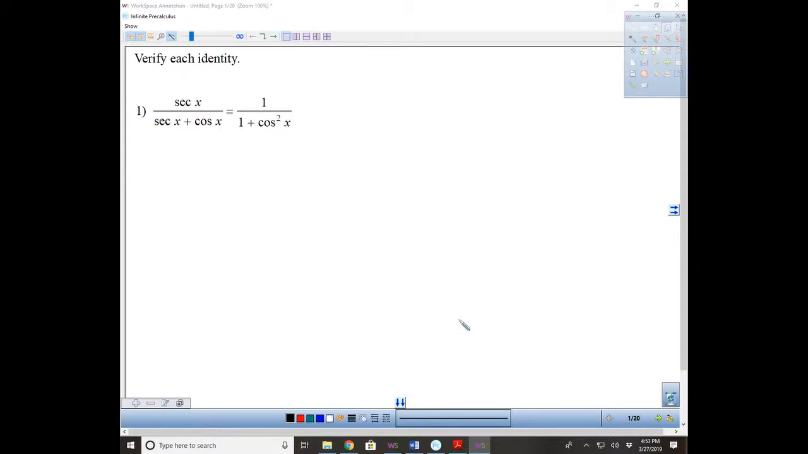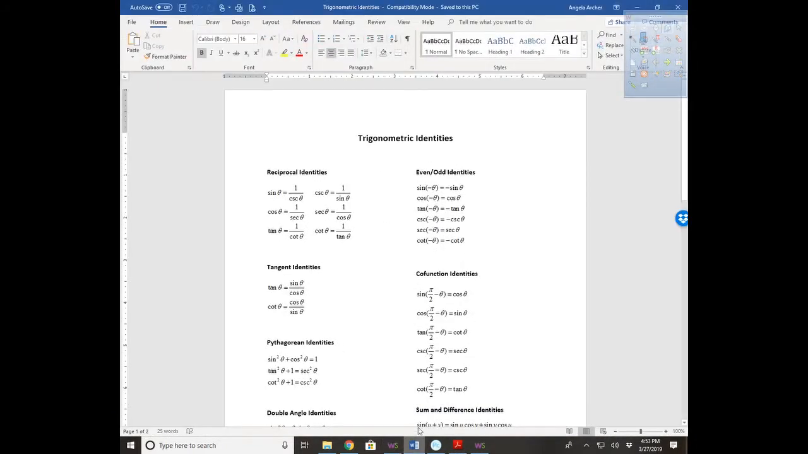Okay, so we are verifying the identity. That means I'm going to take one side and make it look like the other side. I'm going to start with this side because it's a little more complicated looking. I notice that I have secant and cosine, but I don't have any kinds of squares. So when I'm thinking about rewriting things, I'm always going to be referencing